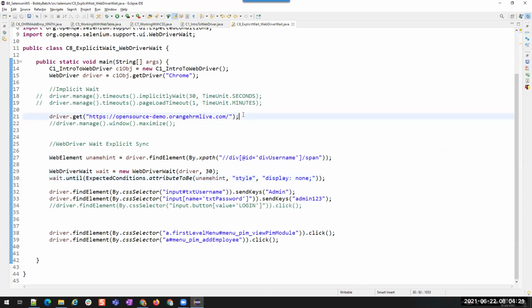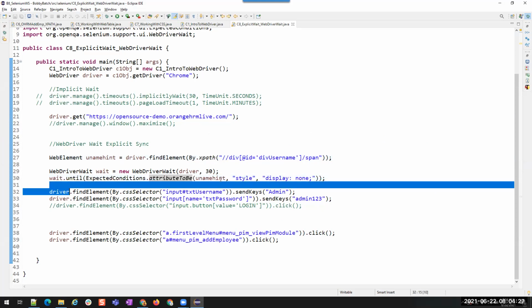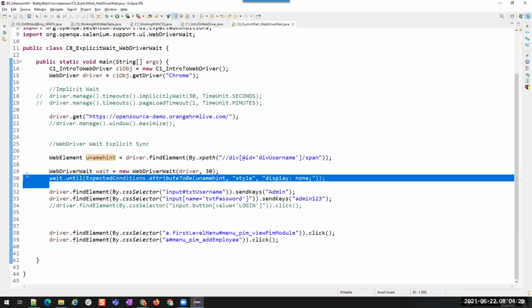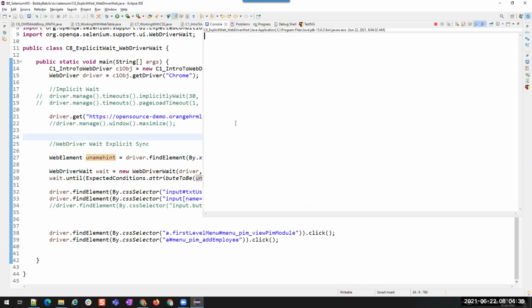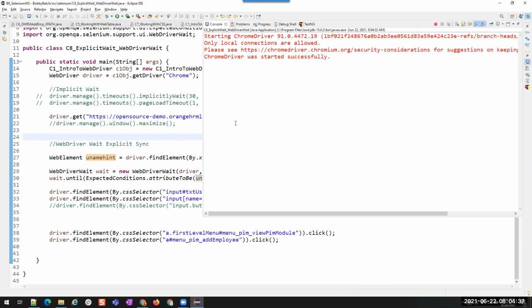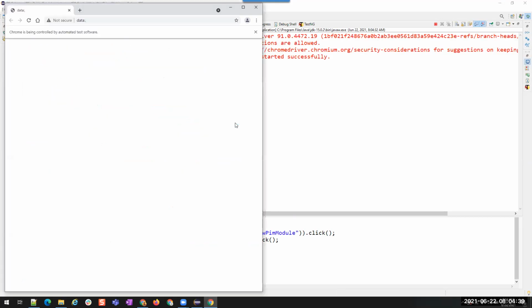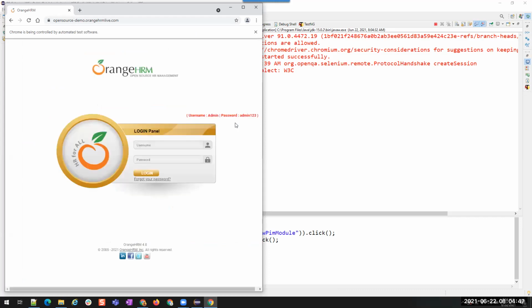Now here, after getting this window, I'm just waiting for that attribute to be changed. Without performing any operation, this attribute will never change. Right? Now let's see it. See, it's waiting for something.